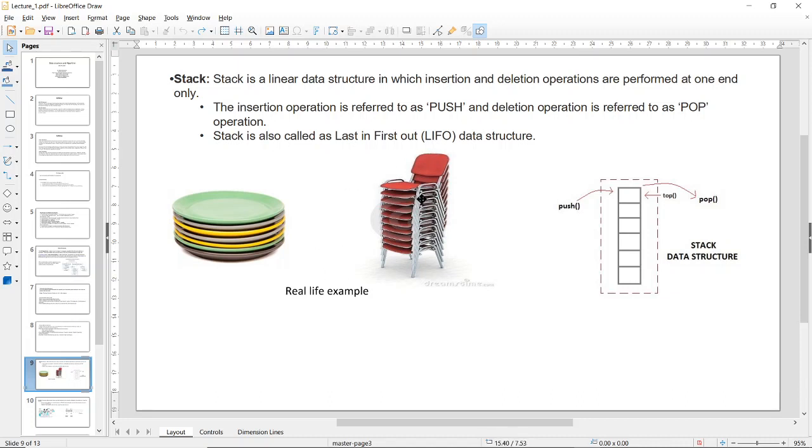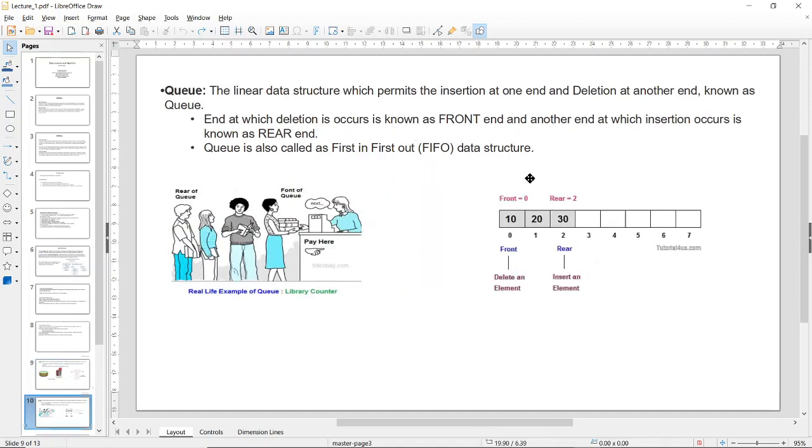Which will be inserted last, that will be taken out first. Okay. Now the difference here is a queue is first in first out. So if you are the first person in the line in a library, when you get your books, you first get out of that line, because you came first, you have to get out first. This is a queue. Always remember the code FIFO.